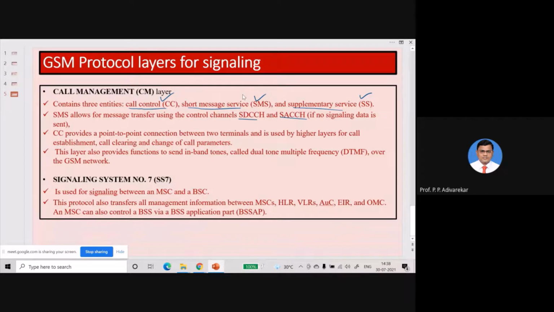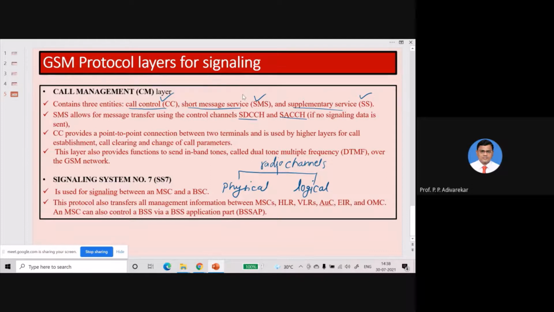Basically channels are of two types. Let me summarize this channel part in short. Radio channels, that is frequency channels, are divided into two types: one is the physical channel, and the other is the logical channel.